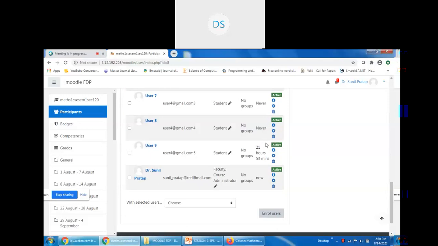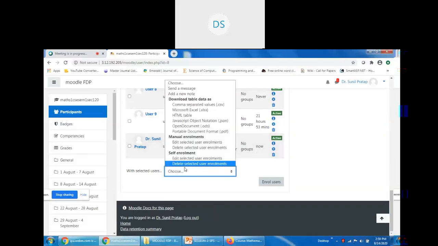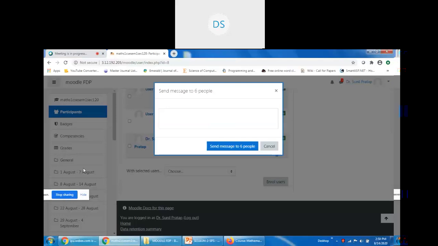Okay. And then in this window, with selected users, what do you want to do? You want to delete, you want to add, like that. The first option is send a message, and in this message window you may type your message.